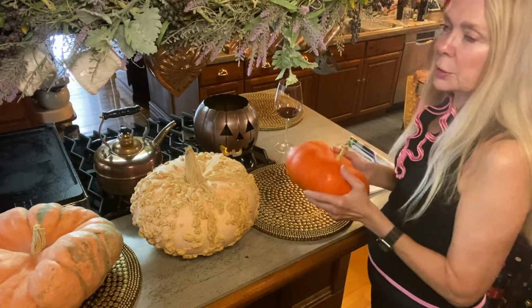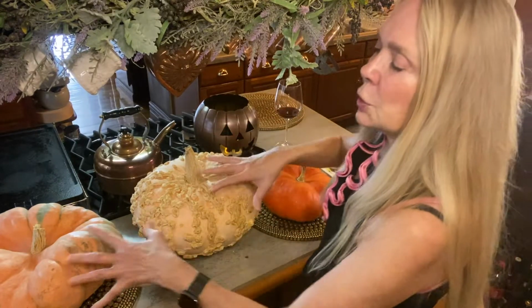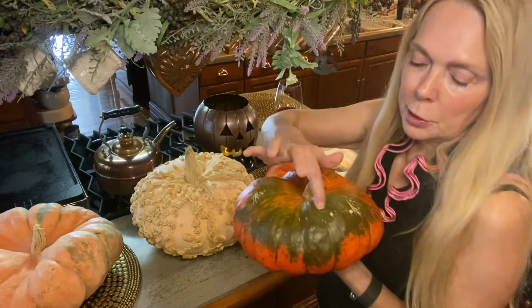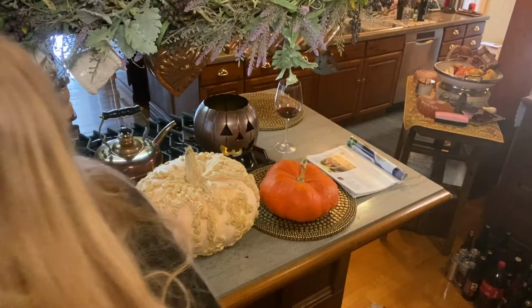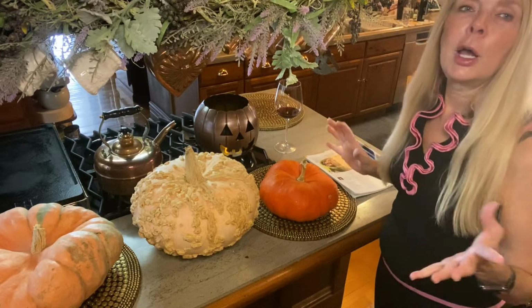So this one's a lot lighter. They're still dense, they're still heavy, but these two here are the heaviest. And the green one is a very dark green. It's kind of in this color range here, but it looks almost like the color of an army jeep that you would see. Anyway, any of these pumpkins will make an excellent